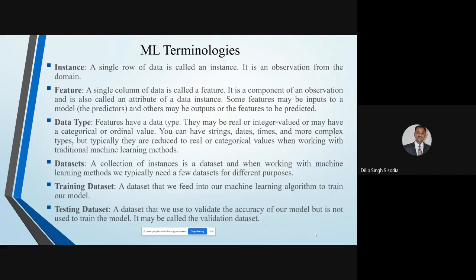Like salary is an attribute, or age can be an attribute. But what are the possible features from this salary or age? For salary, it means the maximum salary, minimum salary, standard deviation of salary, or in this way, many numerical values can be derived from the same attribute. So these attributes or features are generally used interchangeably. We use feature and attribute, but there is a slight difference which I have mentioned here. So these features are represented as columns. In simple words, in a machine learning problem, the data is represented as two-dimensional rows and columns.